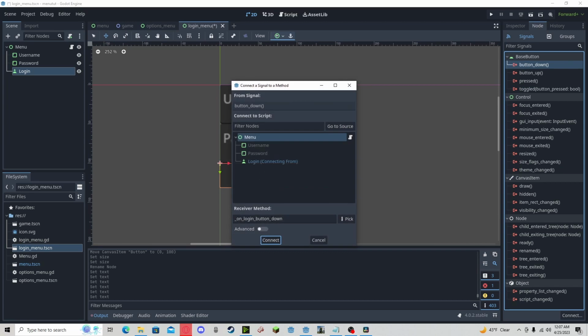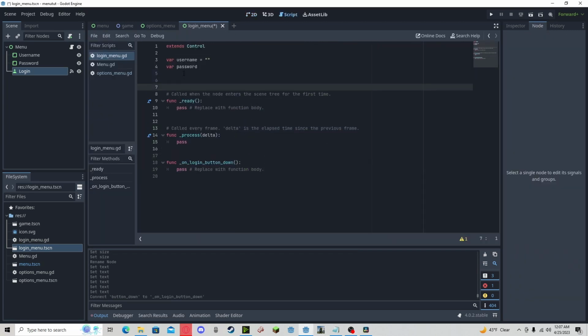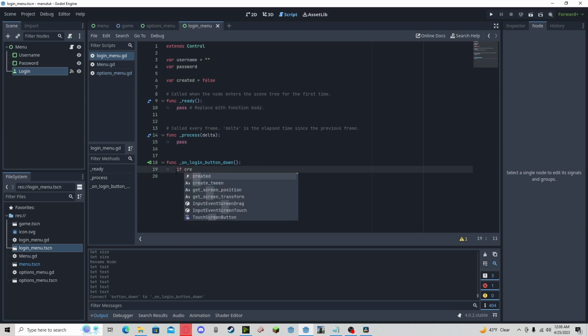So on button down, I'm going to connect to my menu. I'm going to add another variable called created. I'm going to make that false. This will be set after we create the password. So if it's down and if created,